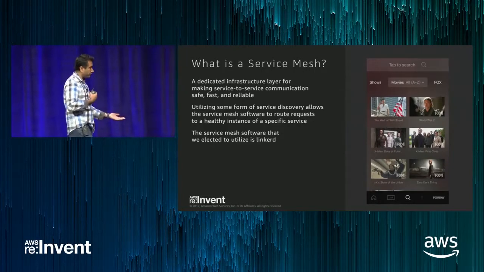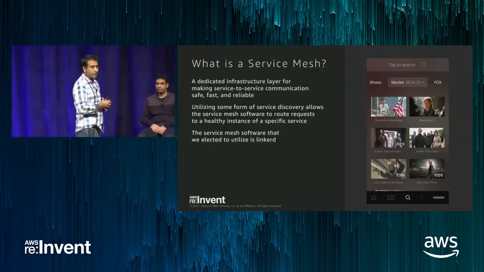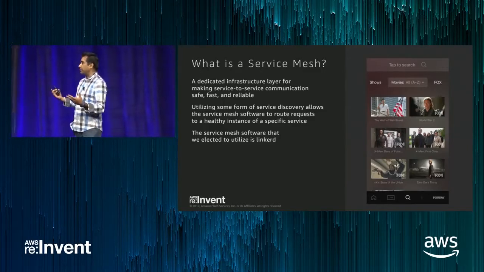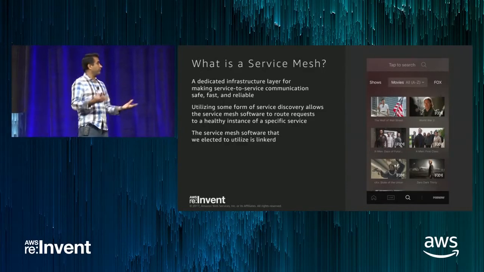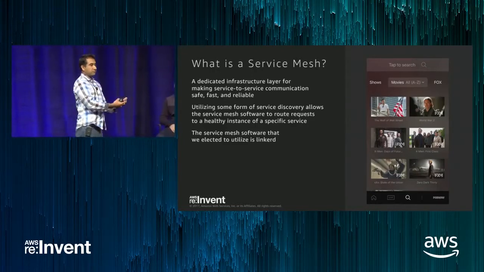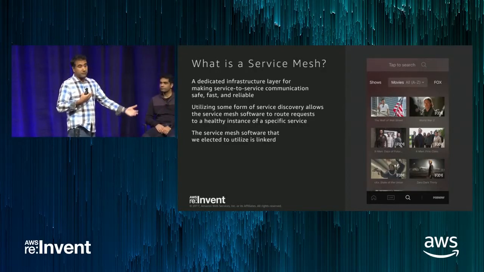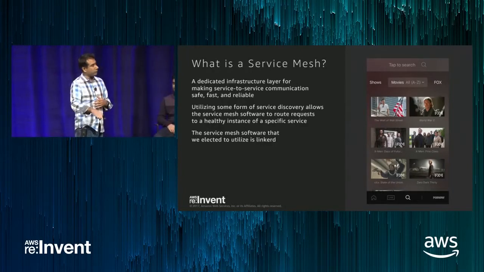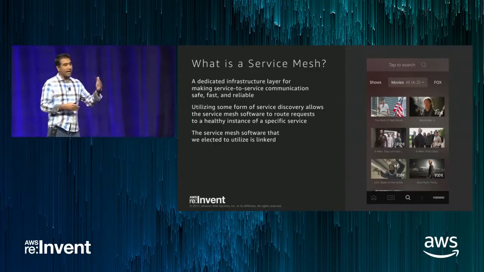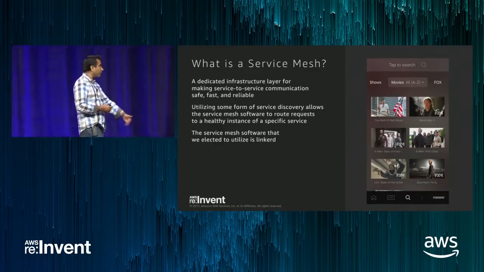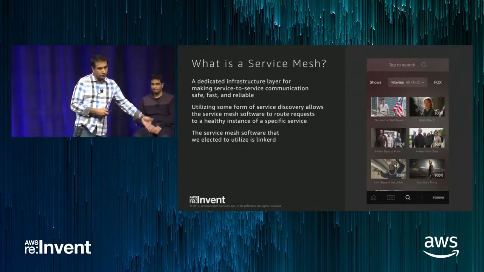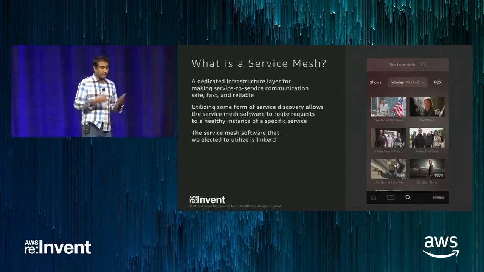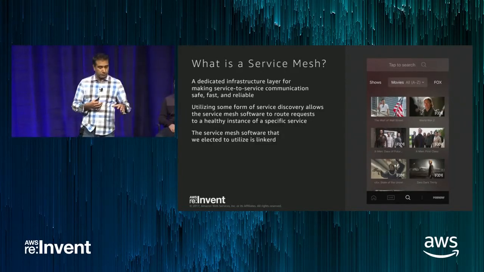Again, you have to do some type of service discovery. I should mention one thing really quickly: when you talk about a microservices architecture, we always talk about it at the application level, that we're delivering our application through microservices. But you can actually take that a step deeper into the stack and almost think of your infrastructure as microservices, and that's the reason I'm really only talking about the service mesh, because that's that layer. Your service discovery is a different microservice, if you will. Your registration into service discovery is a different microservice. So you can really just plug in different pieces that may make sense. And that's why we did it like this.